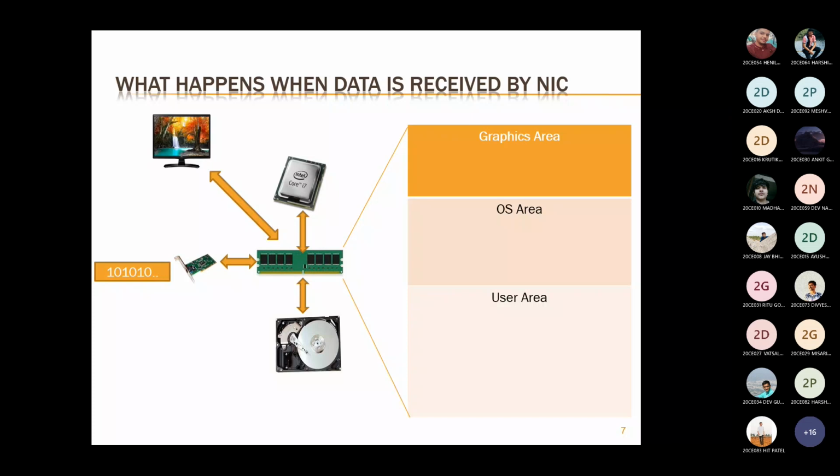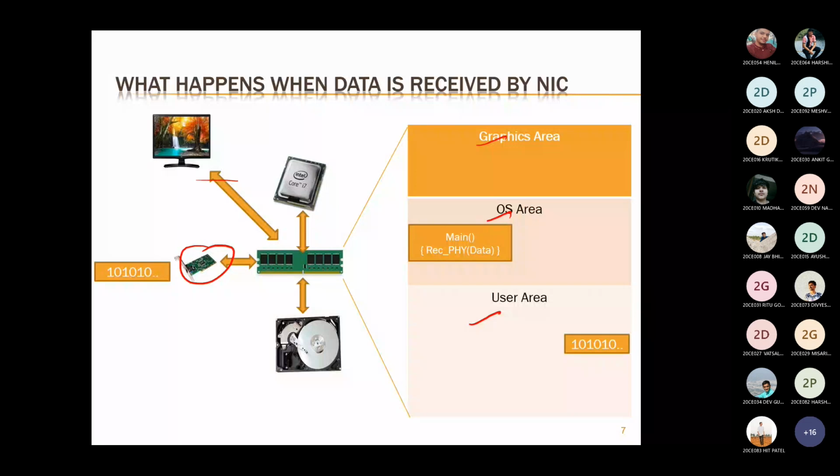I already discussed this in the second or third lecture of this course. This is the graphics area, OS area, and user area. And this is the NIC card, which receives electrical signals. They are converted to ones and zeros and stored into the buffer. From the buffer, it will be placed into RAM, first in the user area. Once it is copied from the buffer of the NIC card to the user area, it will trigger one function which is part of